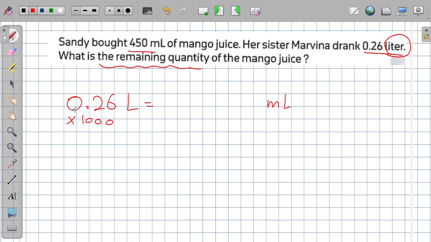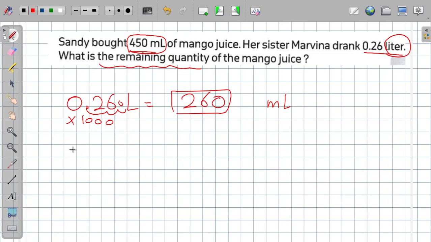Okay, so 0.26 by 1000 equals what? I will move the decimal point 3 places to the right, so I will add a 0 here. So it will be 260 milliliter. And this number is what Marvina drank from the total number, which is